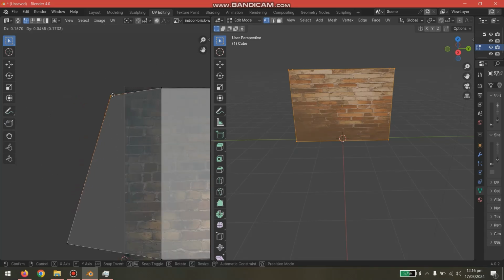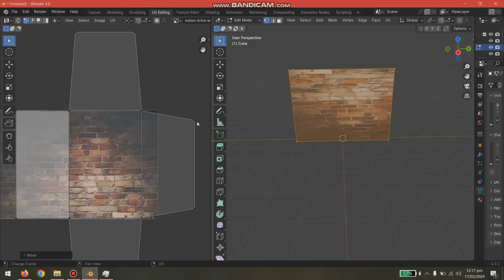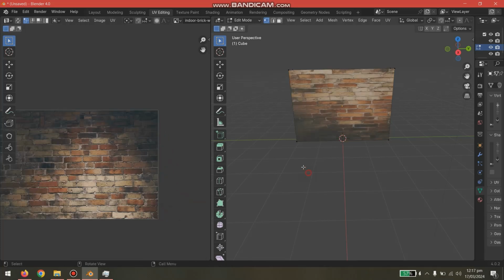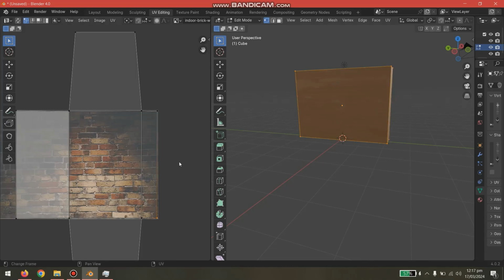Okay, so I'm going to move it here. You can use the same rotation, scaling, and extruding. I think extrude is not possible, but moving and scaling and rotating is possible here. So be careful about that. Let's look at the back side. The back side is looking